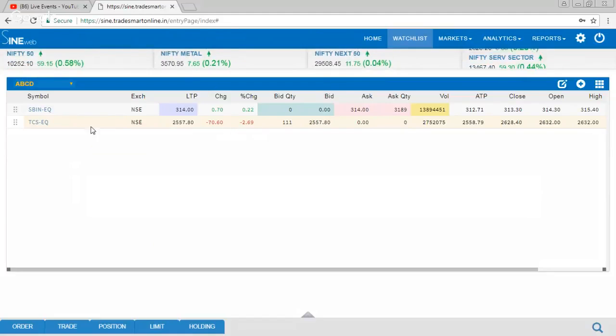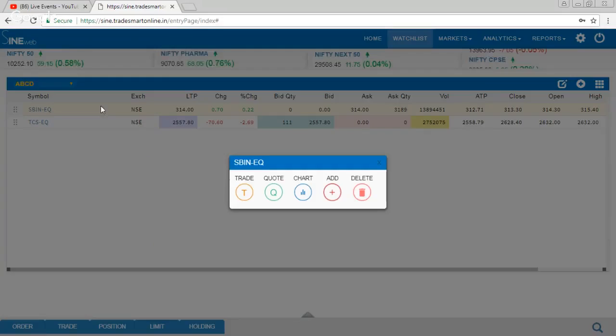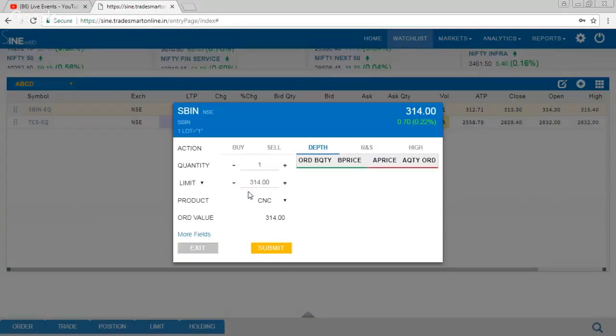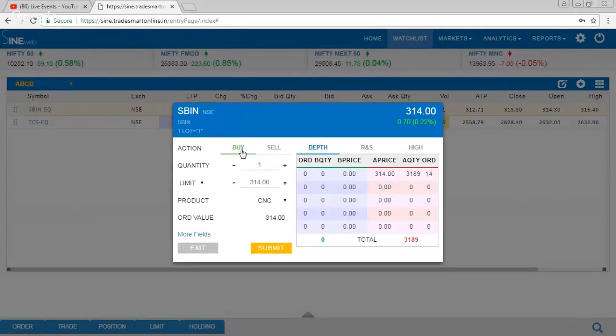Now let us come to the important thing, which is buying and selling. For example, I want to buy SBI. I will just click on SBI. I will get the options T, Q, three lines, add script and delete. In order to trade, I will click on T, buy, because I want to buy the stock, enter the quantity which I want to buy, select the price at limit or market,